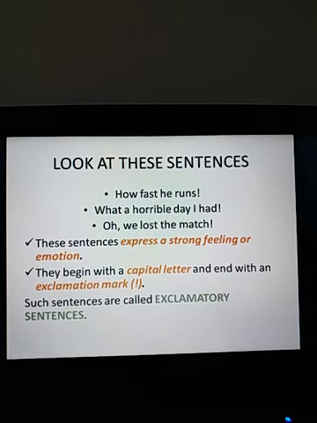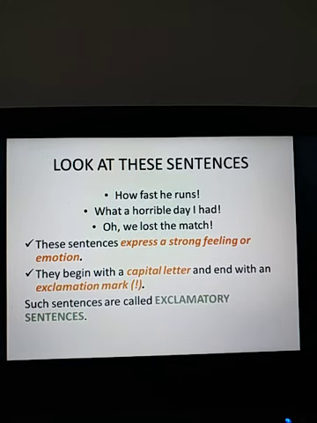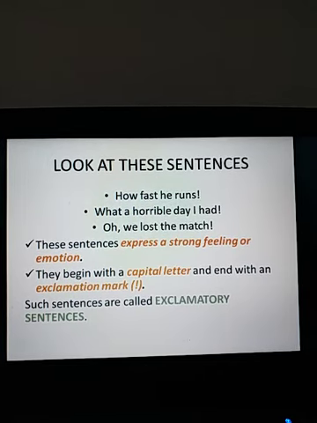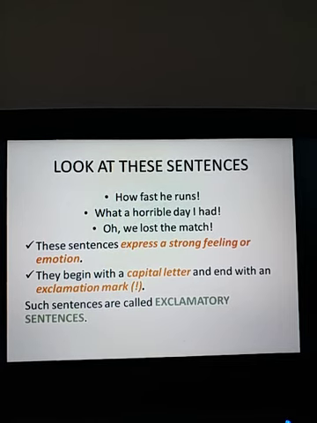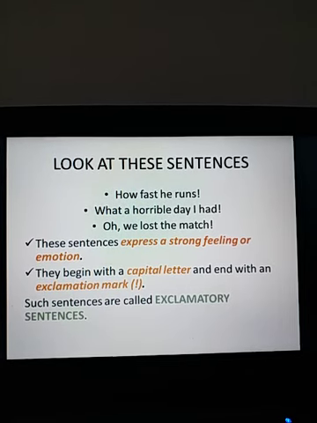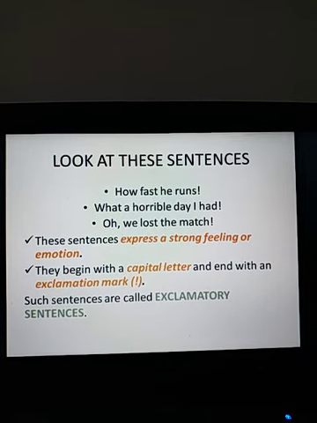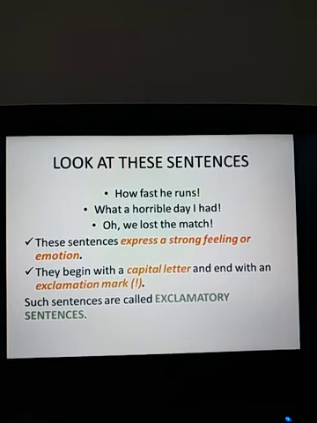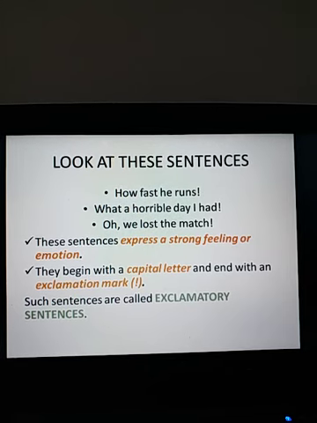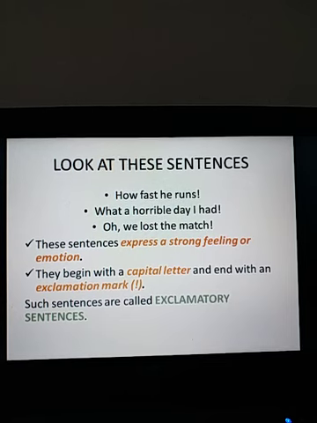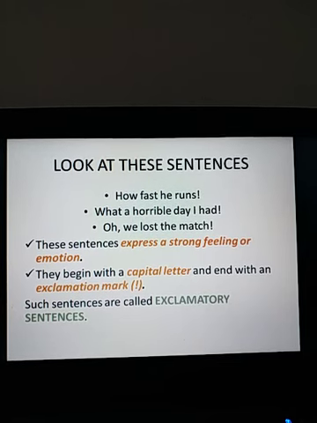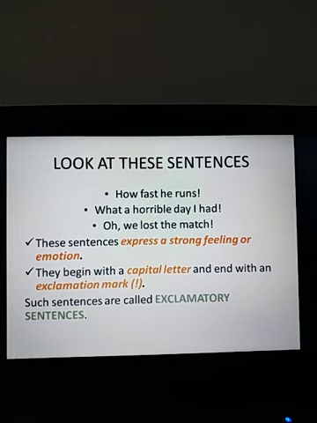One can convey a fact or information. One can convey a question. That's a different kind of information again. Remember, a question is different. You're asking a query. Whenever you have a query, that is an interrogative sentence. Whereas an exclamatory sentence expresses a strong emotion. So all these three kinds of sentences, they convey three different kinds of things, right?